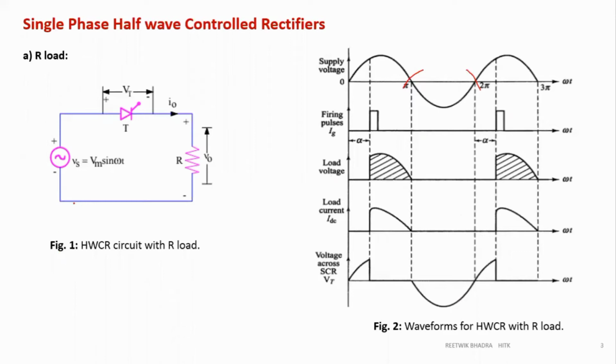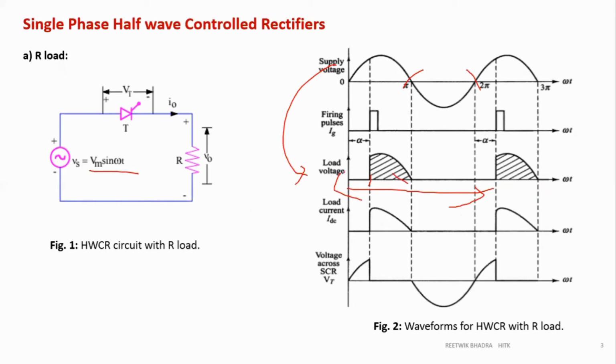Okay, so my waveform starts from which point? Alpha to pi. But if you calculate the time period, it is 0 to 2 pi, and you know for a half-wave rectifier the time period is 2 pi. There's no need for further discussion on that. So what will be my average value formula? 1 by T integration 0 to T f(t) dt. So what is 1 by T? 1 by T is 1 by 2 pi. The integration is 0 to 2 pi, f(t) dt. What is f(t)? f(t) is nothing but V0, and V0 is equal to Vs. What is Vs? Vs is equal to Vm sine omega t.